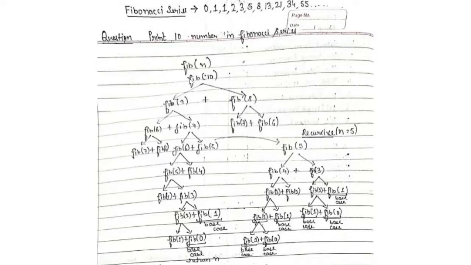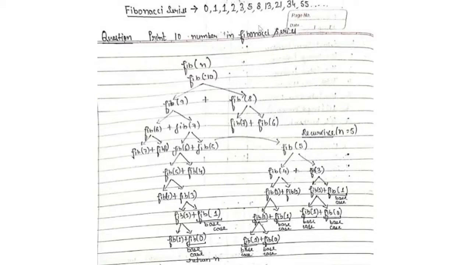So I do the same thing over here. What do I recurse for? I branch out for calculating the 9th Fibonacci number and the 8th Fibonacci number. So what does this subproblem say? This subproblem says just tell me the value of my 9th Fibonacci number. And what does this subproblem say? This subproblem says just tell me the value of my 8th Fibonacci number.